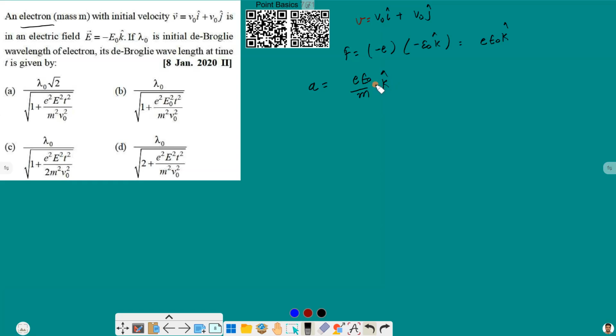So the initial de Broglie wavelength, lambda naught, will be h by mv. And how will we calculate v? We will take the modulus of this, and the modulus of v will be under root v naught square plus v naught square, or 2 v naught square, and that will be root 2 times v naught. So here we get the velocity as root 2 times v naught, so lambda naught will be h by root 2 m v naught. Now after a certain time,